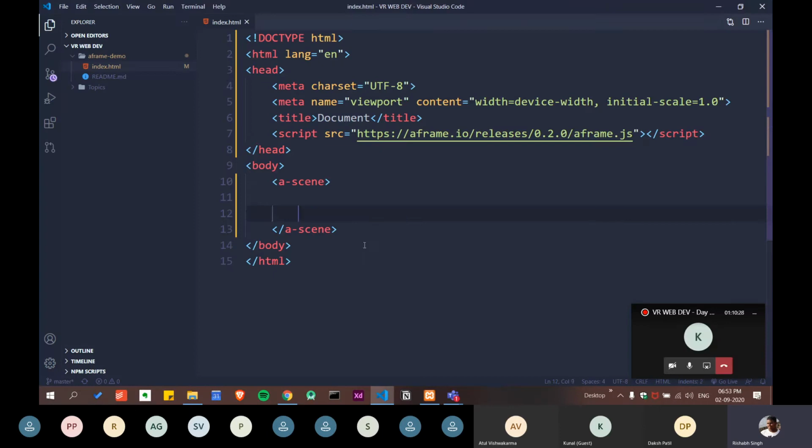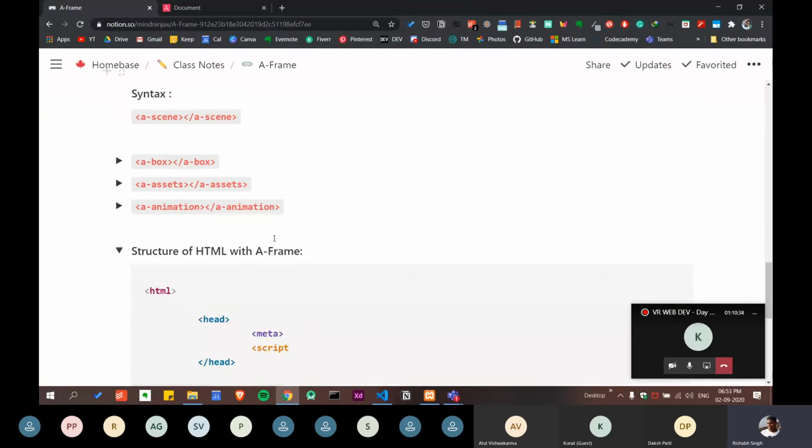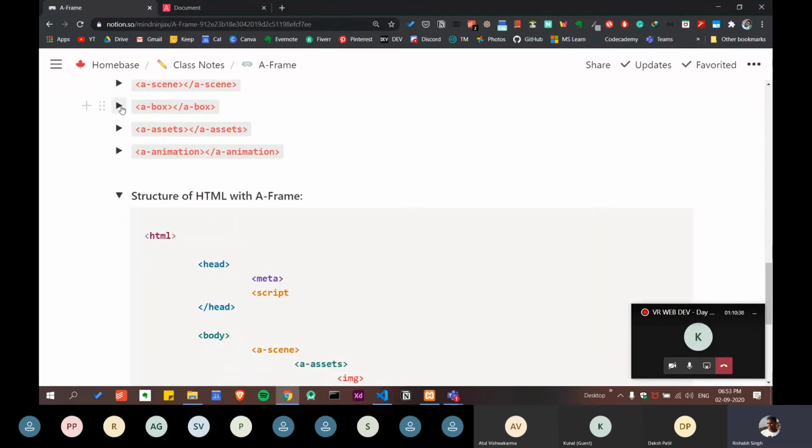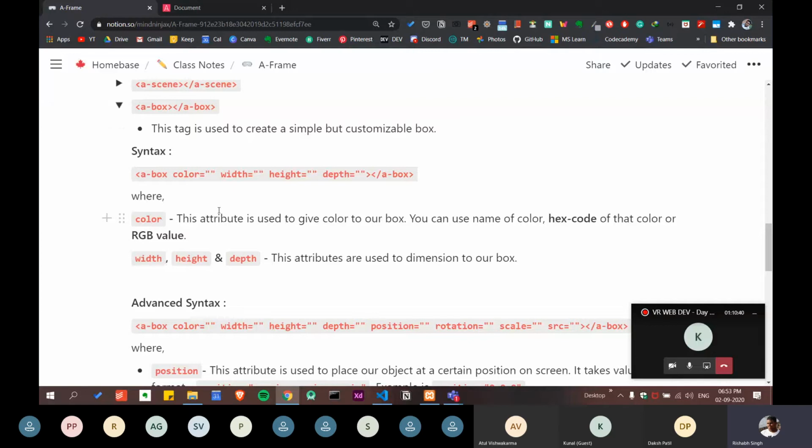Okay, so again it is not showing, but it is working. It is not showing anything. That's because we have not added anything yet, but now we will add it. So the first thing you are going to add is nothing but just a box. Yes, we are going to do our experiments on a box.